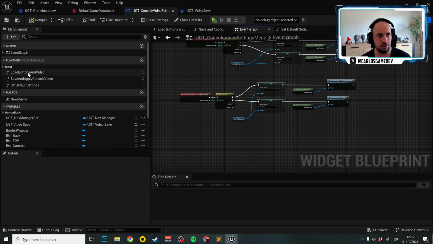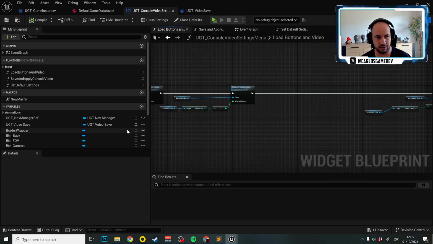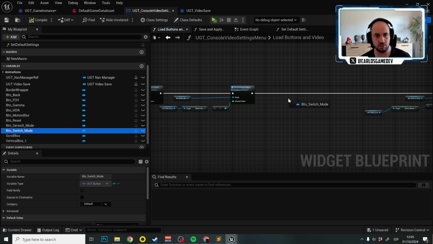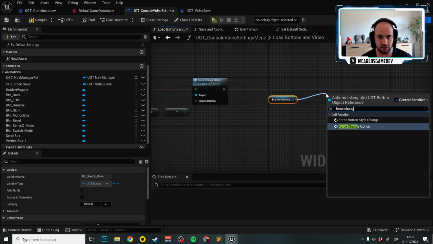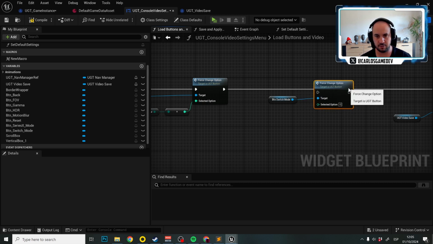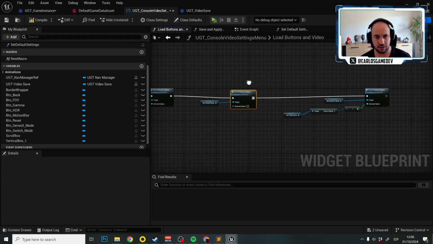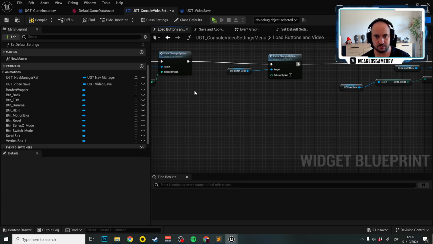Super easy. In load buttons and video, what we need to do is add the new option for the Nintendo Switch button, and we're going to go to button Nintendo Switch mode, and then we're going to add the force change option. We're going to call this function here. And this is actually super easy because what we need to do is go here in UGT video save,